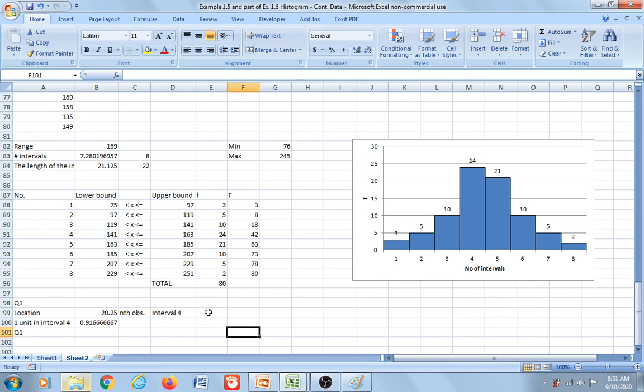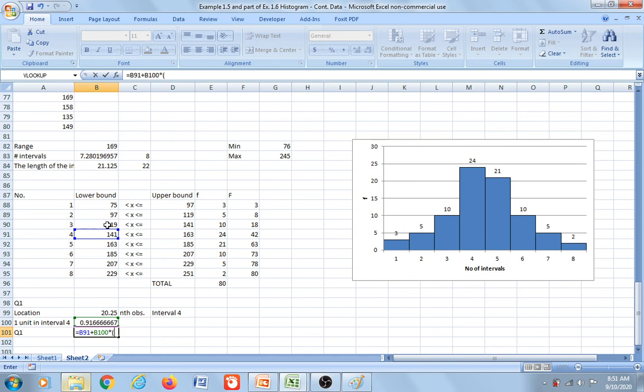Yes, I made a mistake in deciding the location of Q1. It is okay. The location of Q1 is in the 20.25 observation, and 1 unit of interval 4 is this much. That's okay. Now I think I'm good. So what is the value of Q1? It's 141 plus 1 unit of interval number 4, this one, times, remember,